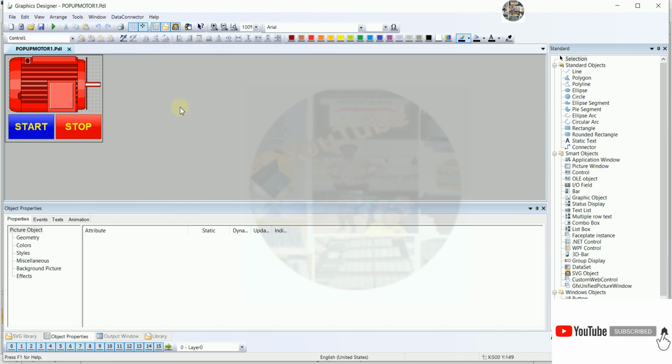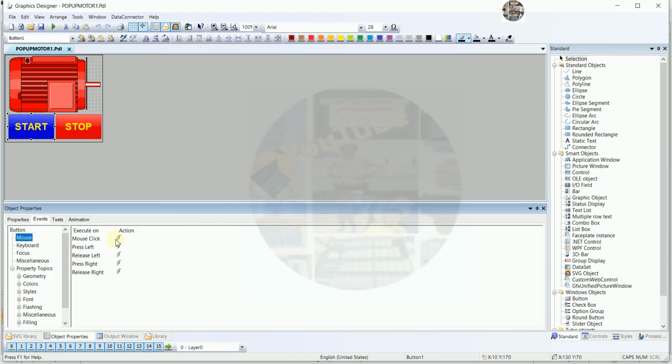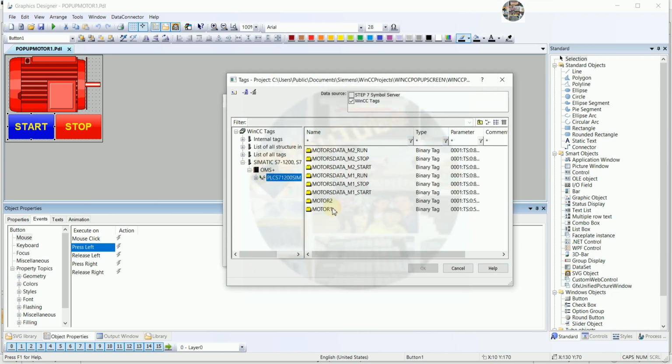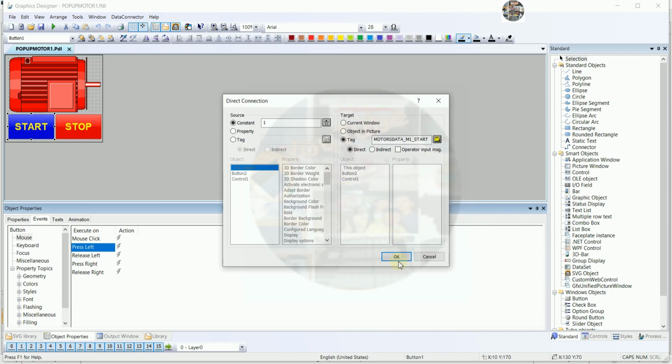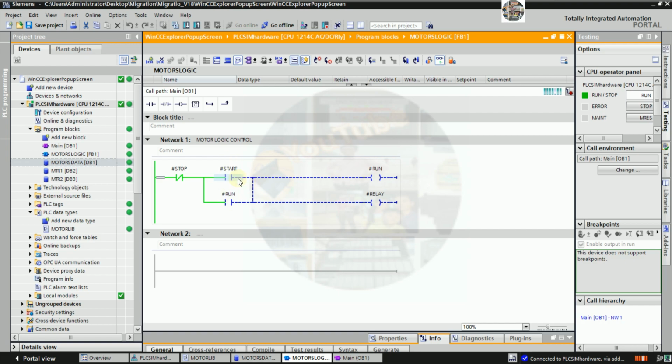So here we can create the event for start motor 1. So when I press left, I will set bit of motor 1 to 1, and when I release the button, I will set to 0, because we already hold the signal inside the function block. When this one is start on and then we release, the motor still running. Okay,